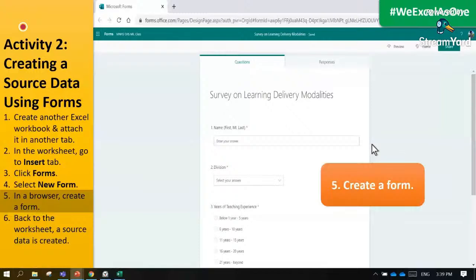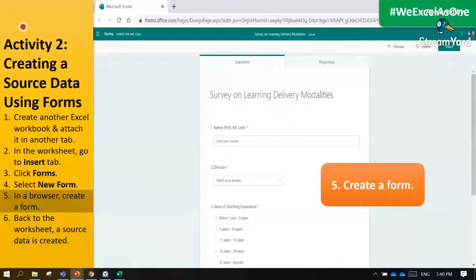For example, I have here a survey on learning delivery modalities or LDM. I have provided items like the name of the respondent, the division, the years of teaching experience, and then the last part is for them to choose what LDM they prefer to use during the start of class.